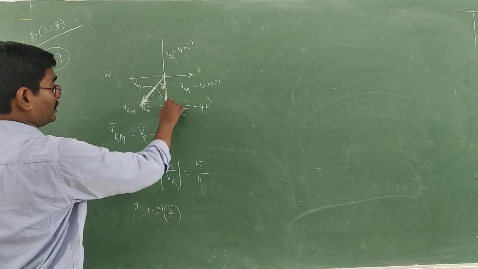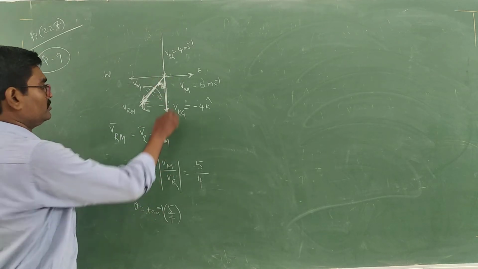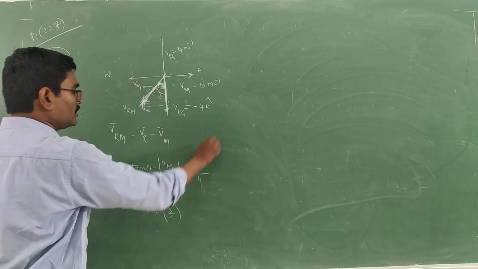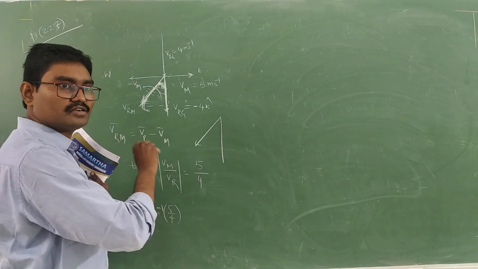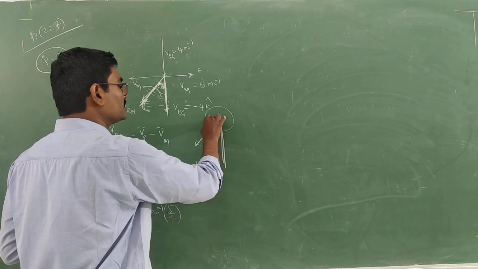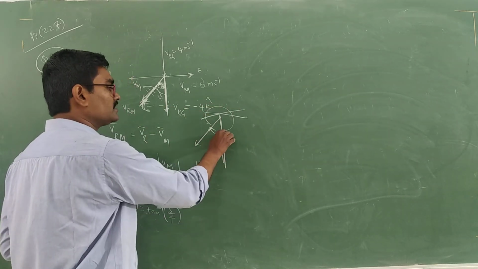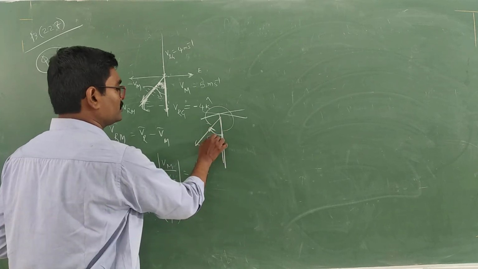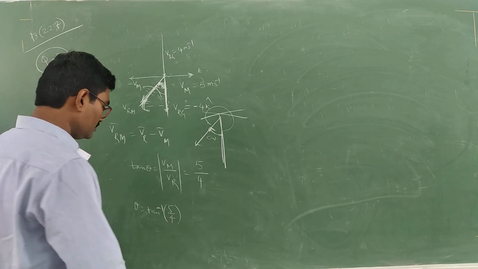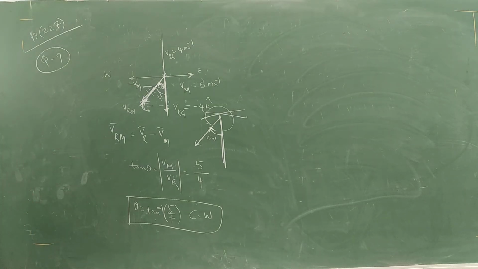See, with respect to vertical, you are measuring like this. You are measuring the angle like this. With respect to vertical, the resultant is like this. So from the vertical, I need reference. So how can I take? I can measure like this or like this. This is the largest angle, no. Smallest angle, this way. So what is this direction? Clockwise. So the answer is clockwise. Understood?